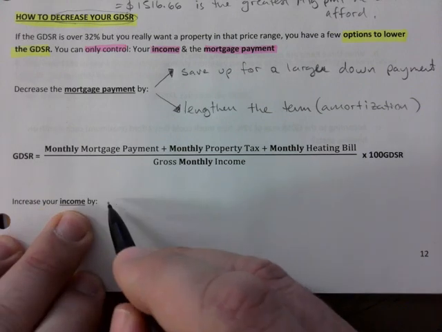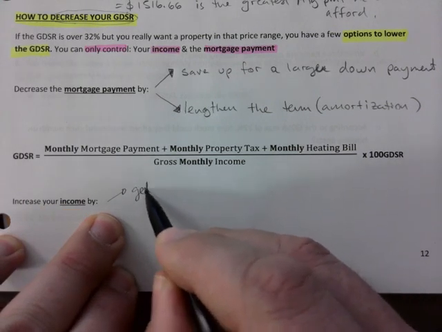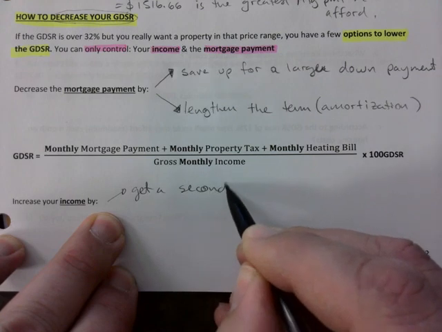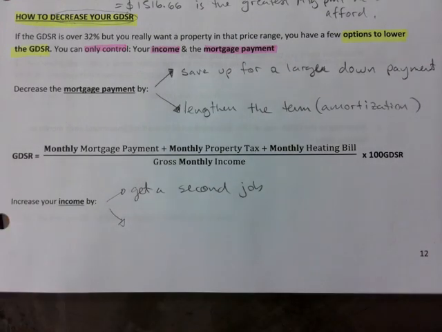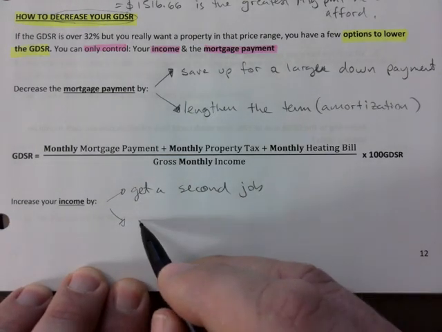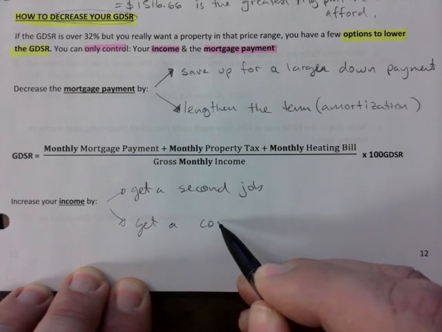Increase your income. You can get a second job. Or what am I doing? Did I tell you what I'm doing right now? I'm doing my post-bac in education. It's all online. As soon as I get my extra degree, I make more money, and I do the same job. So upgrading sometimes, just getting another degree, you do the same job afterwards, but you get paid more. So that's another thing. Get a second job, get a cosigner,